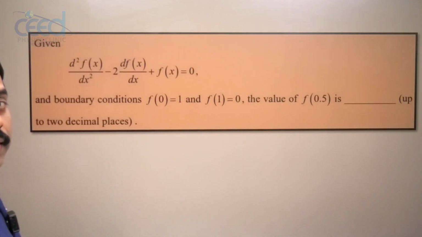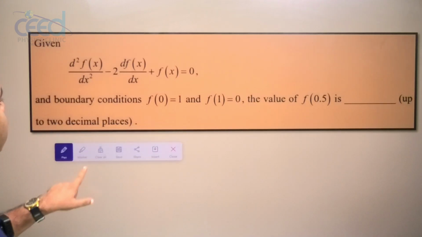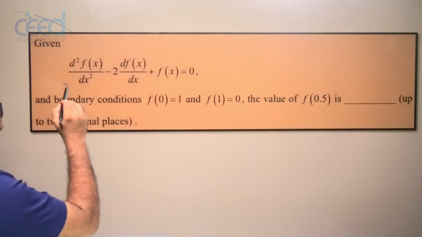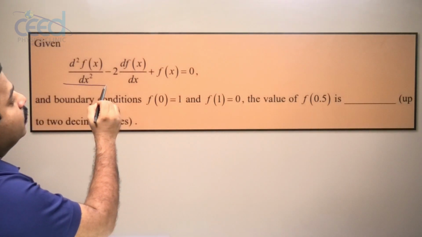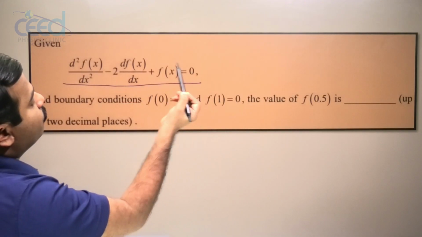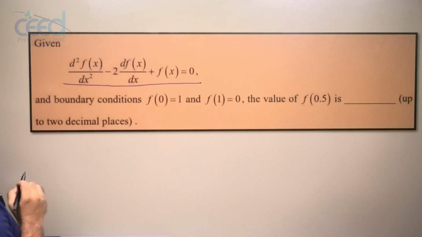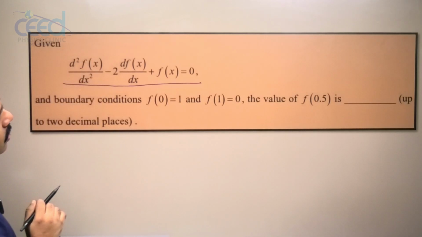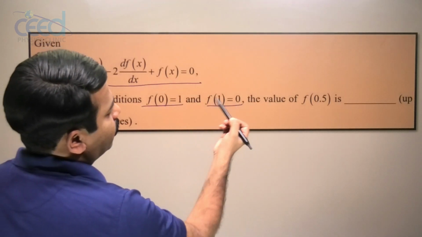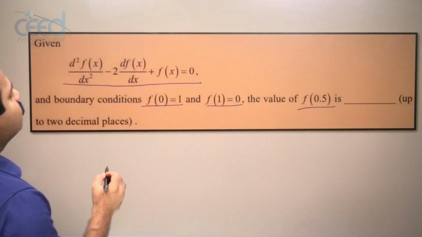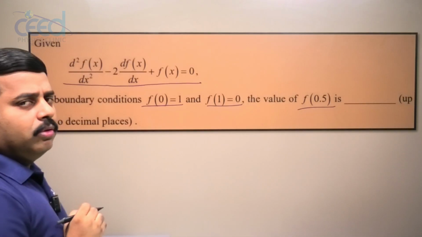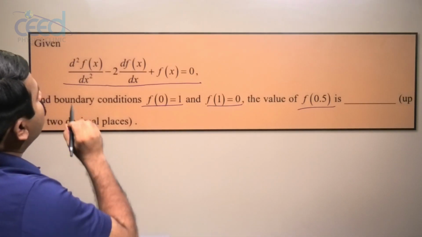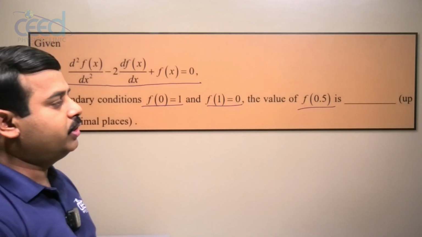Now we can go to another question. Here the question is d square f by dx square minus 2 df by dx plus f of x is equal to 0, where f is a function. f of 0 is given as 1, f of 1 is 0, then find f of 0.5. For this also we have to solve the auxiliary equation first,